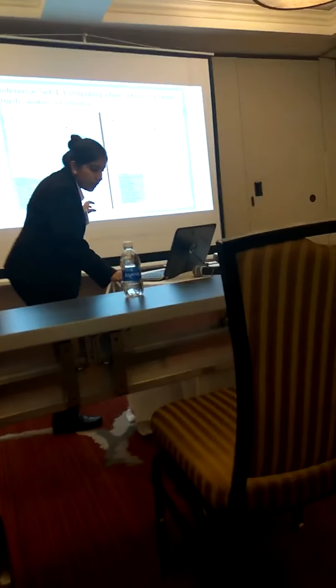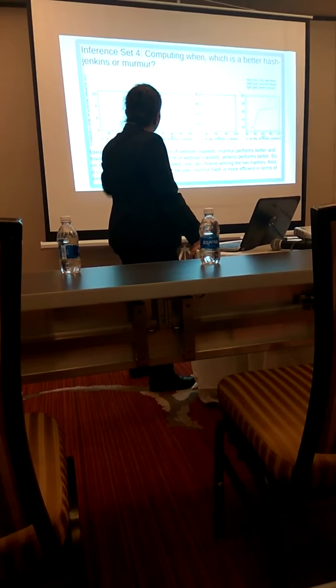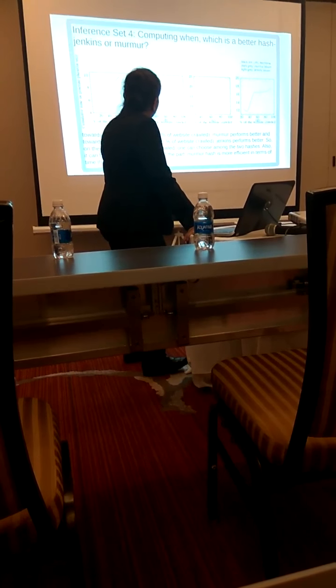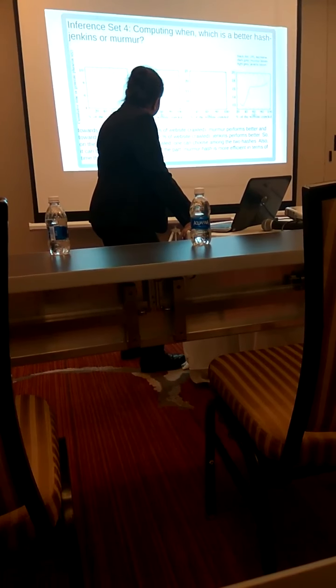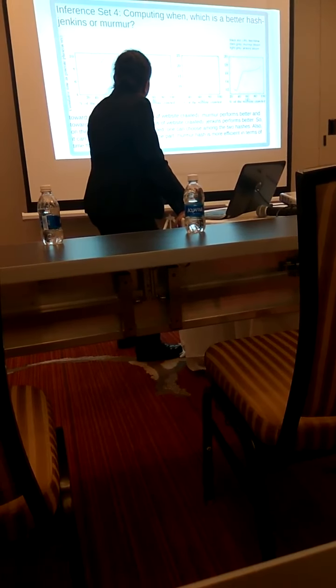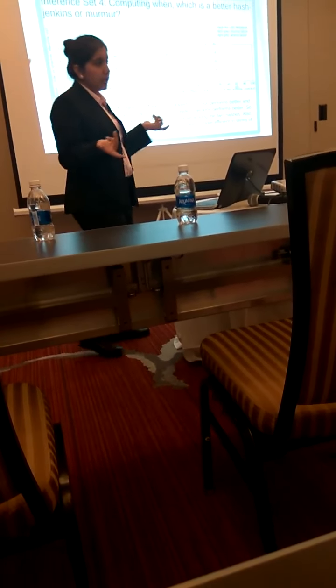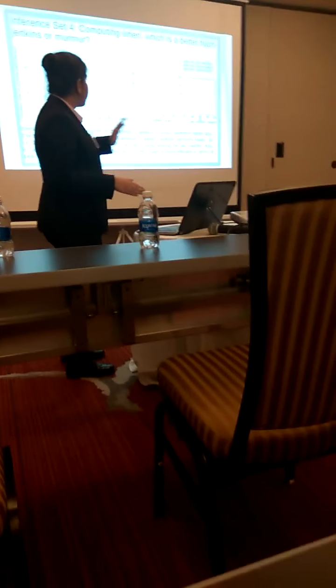So these are the results which show that towards the right end, that is when the percentage of website crawled is quite large, Murmur hash performs the best. And towards the left end, like when we want to crawl a very, very small amount of a website, maybe somebody may need to do that, though in general we can say the Murmur hash approach is the best in this case.